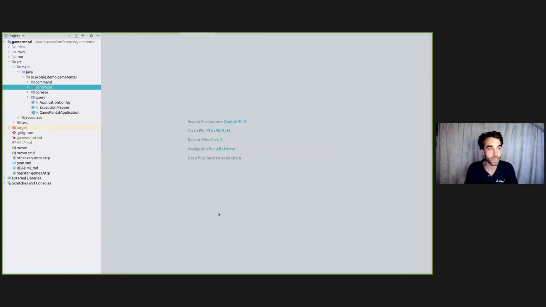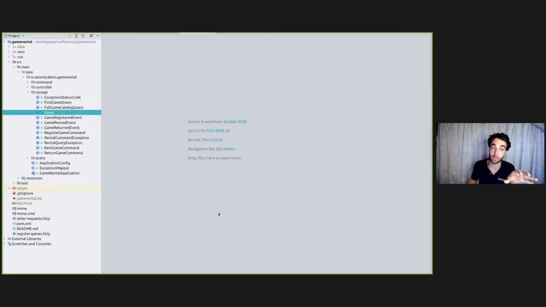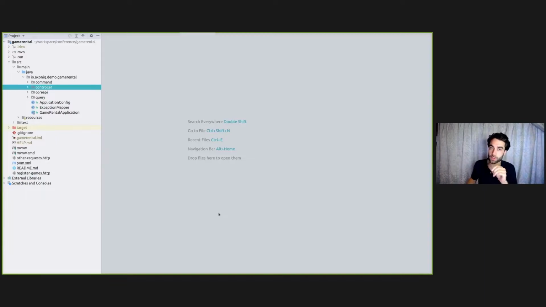So I've moved over to my IDE. I already have my game rental app. It's already at a decent stage. I already have a command side, a query side. I've created the core API in here. I have the queries, the commands, the events. It's already in place. I'm going to focus on constructing a new controller because I want to introduce RSocket into